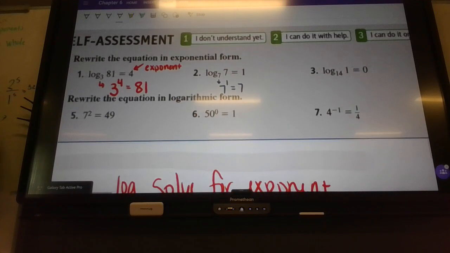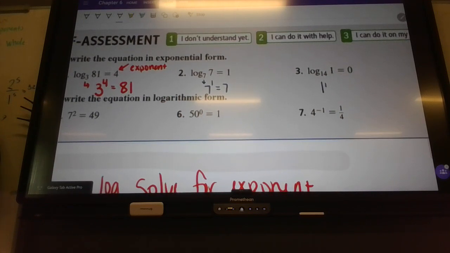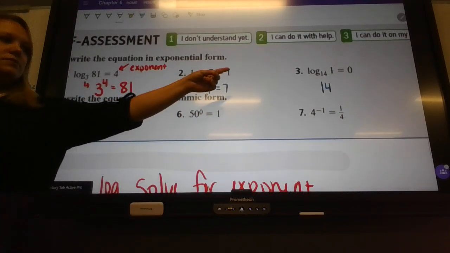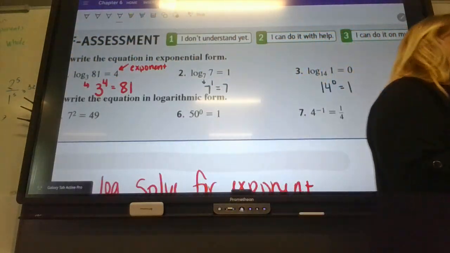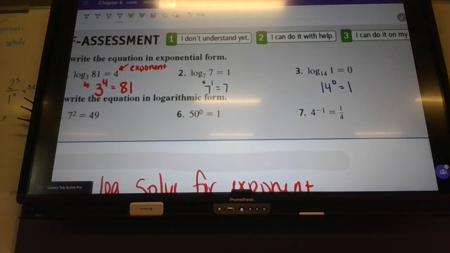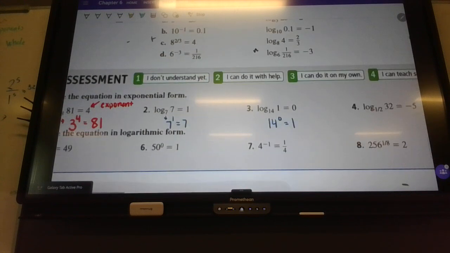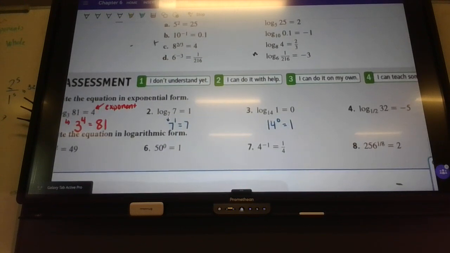And then 14, 0 is the result, so 0 will be the exponent. 14 to the 0 power is 1. And then it's right here, you don't really want to rush through this. The more you really look at this and talk about it and understand it, rather than just copy the format,